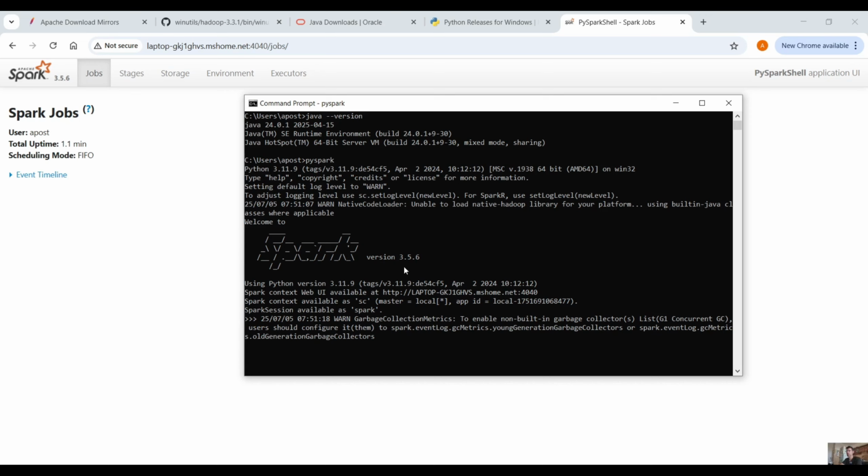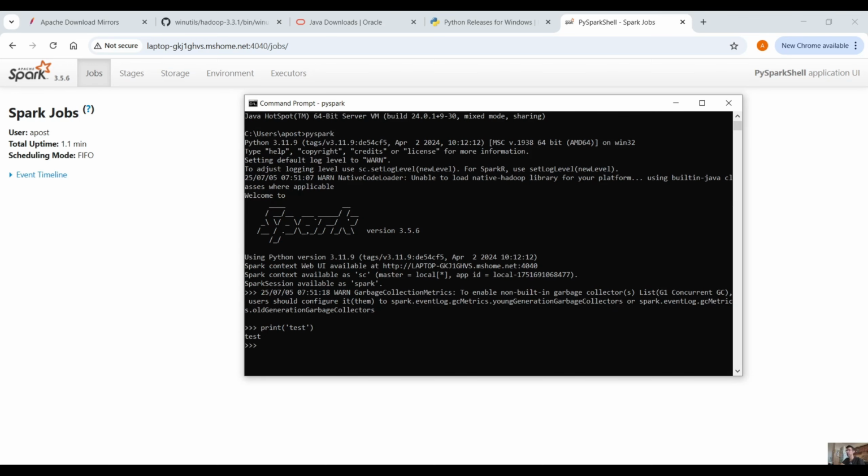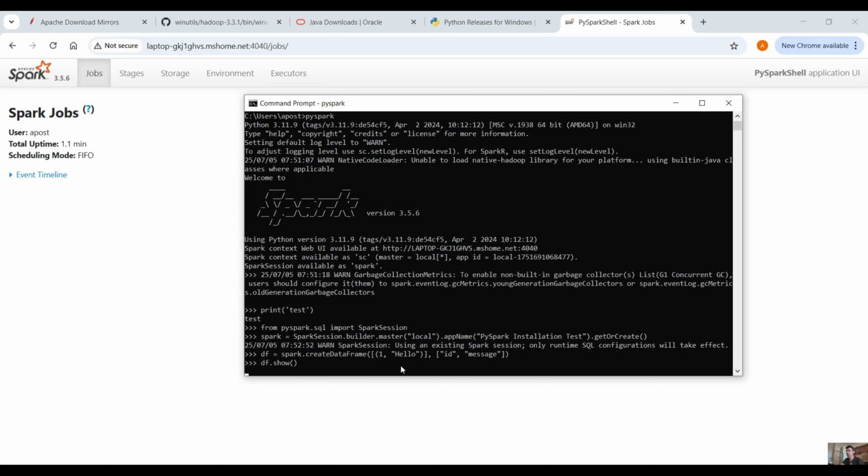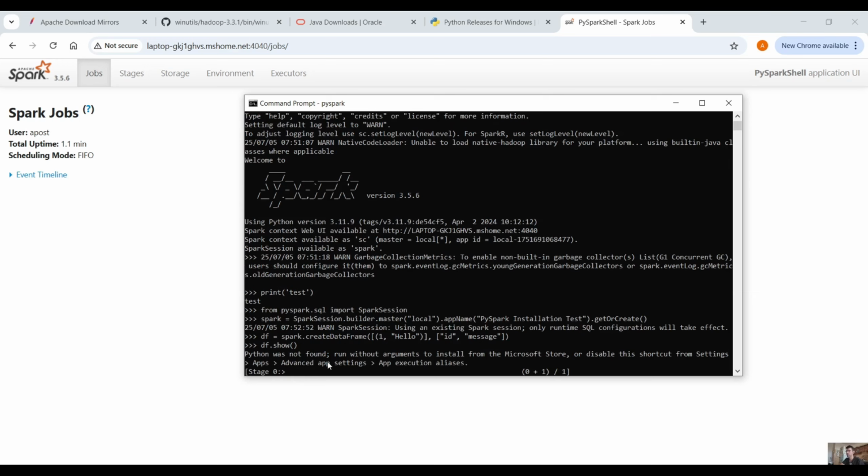Now, let me copy some code to create a data frame. First, let's print, for example, test. It's working fine, and let's create a sample data frame to see that everything is working fine. Let me paste here. As you can see, df.show will create a sample data frame with one record. Let's see if that works. And here we have stage 0,